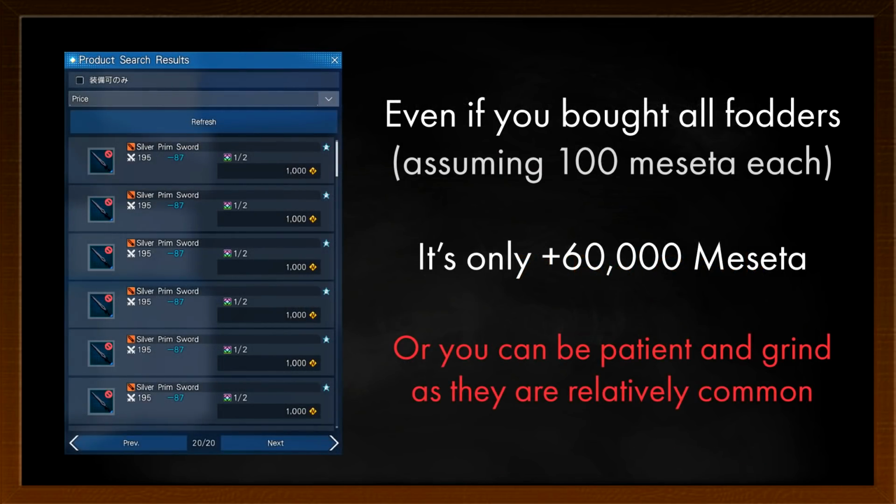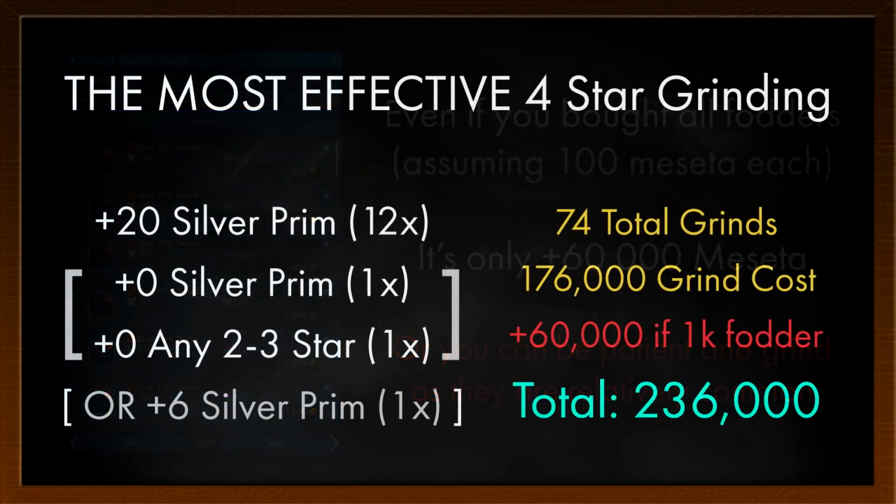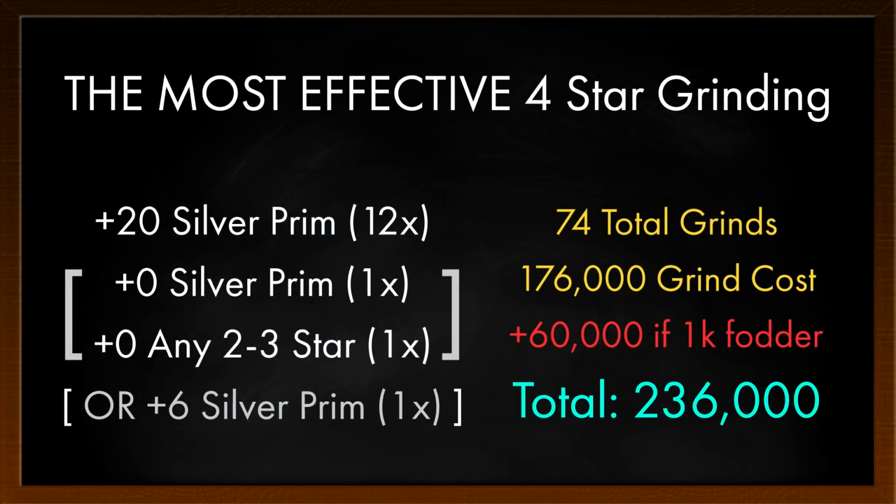Here in JP at least, they cost 1,000 meseta each, and then they last for pages, basically unlimited stock. So I'll just assume 1,000, so that's like 60,000 more meseta. So you know what? It's actually a lot easier than you think it is. So to recap, exactly all you need is 12 silver prim swords at plus 20 grind, and then either 1